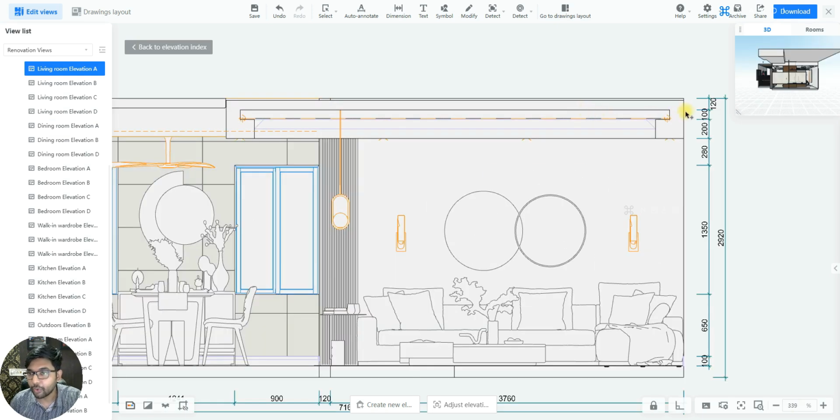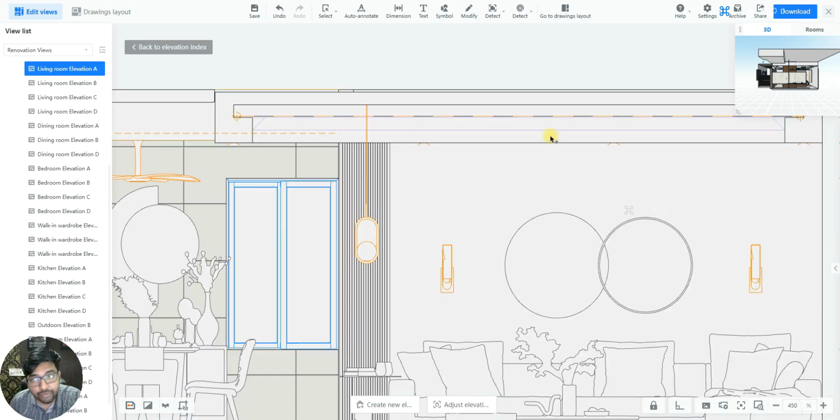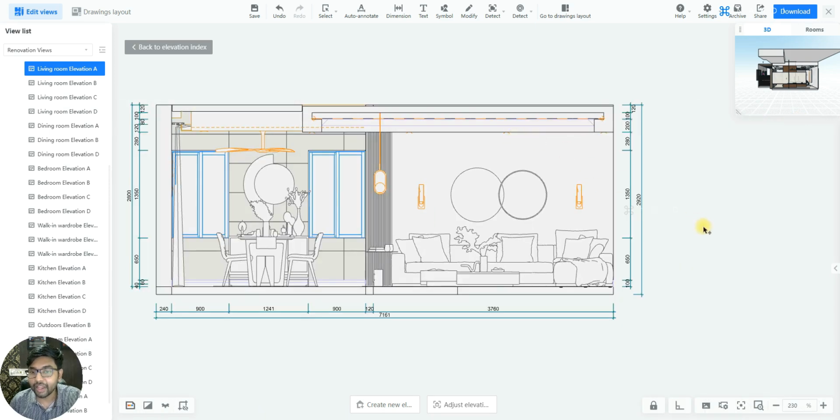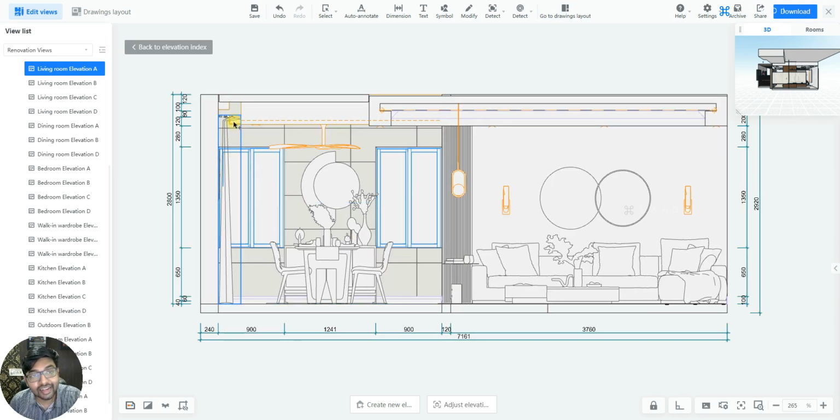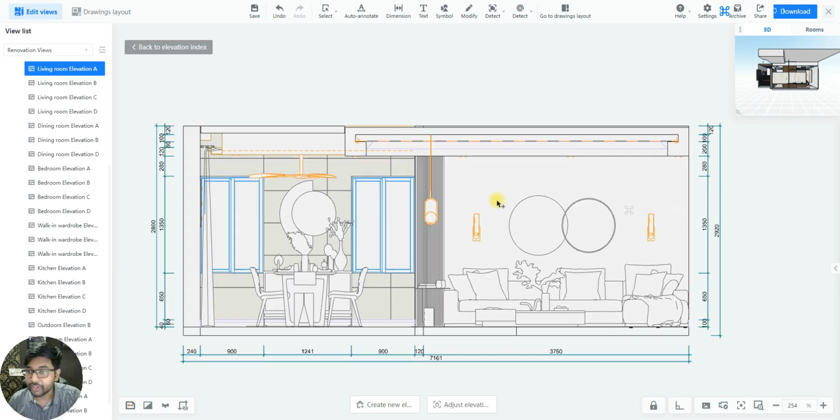So your false ceiling sections will precisely be marked. Your strip light position of that core will be mentioned in the section of the false ceiling, will also be demarcated there. Apart from that, your furnitures, your lighting components, your windows and doors, your skirting, everything will be distinguished in different layers and colors. Can you see here? So to this precision, you will be able to generate your wall elevation for your